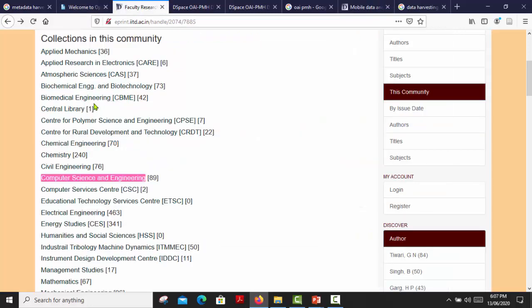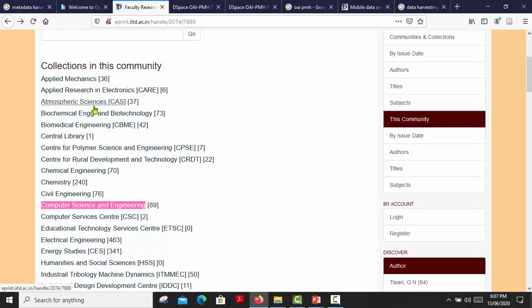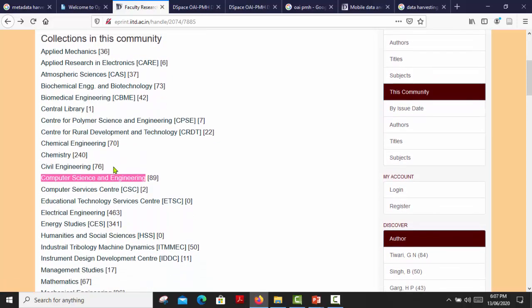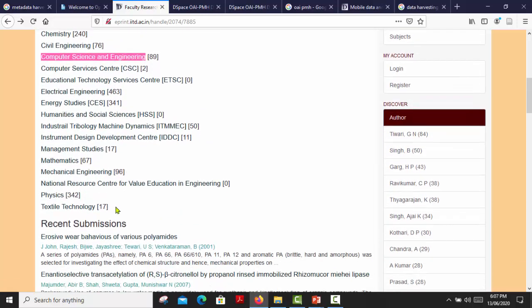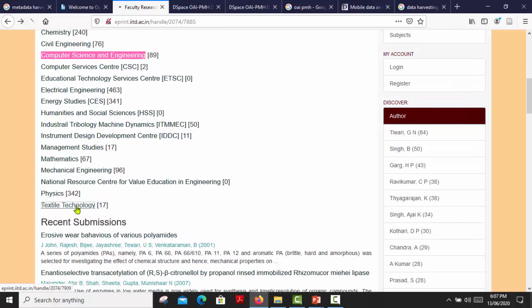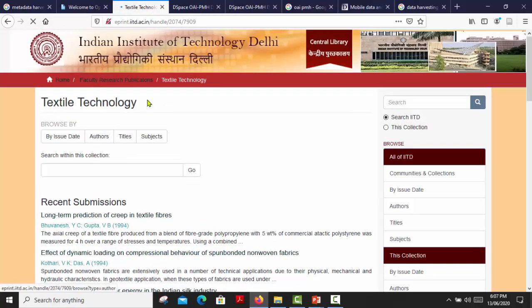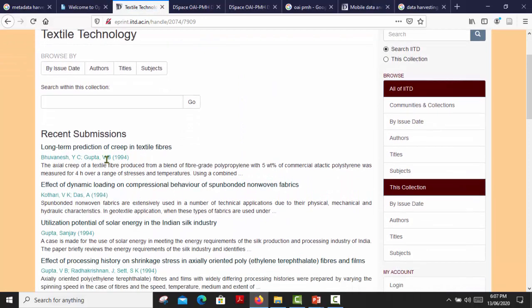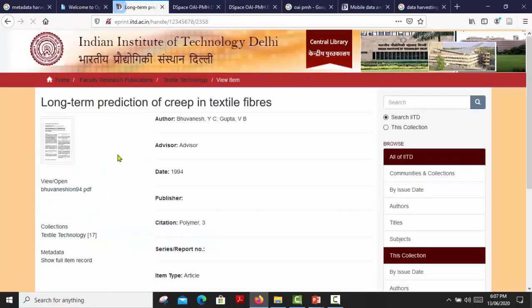In this case, we are harvesting the textile technology collection from the IIT Delhi repository, and I am clicking one of the records. Here this PDF will be harvested into our repository. Now it's not going to be references. Now we have to download that PDF file along with the metadata. Let's see how to do it.